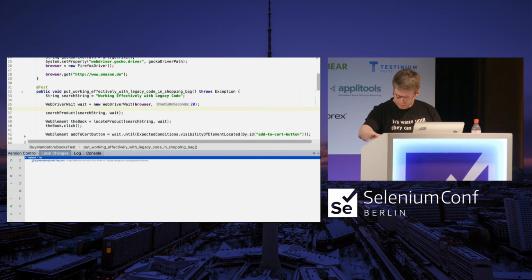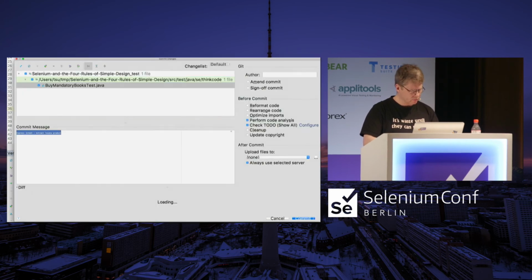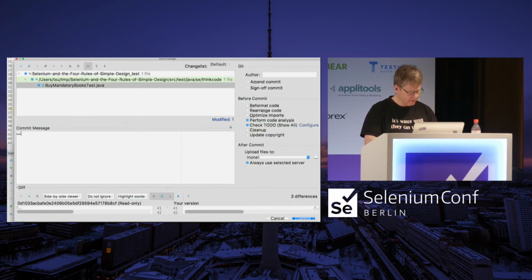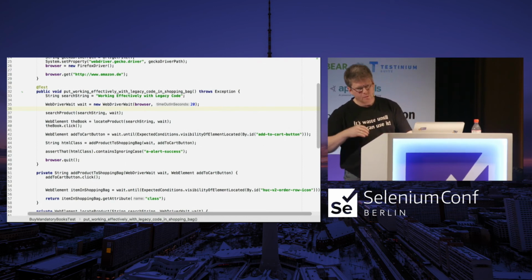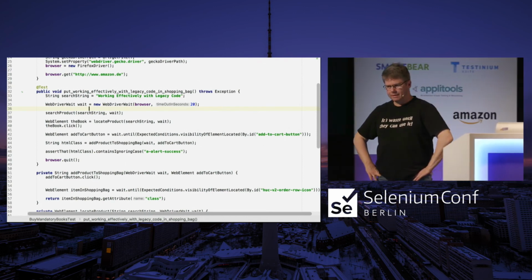But let's commit this and say that the reason why I do this is because I want to shrink stuff small and add product to shopping bag. So by applying these small rules step by step, I'm working towards a goal.